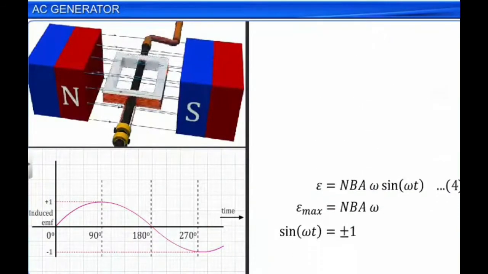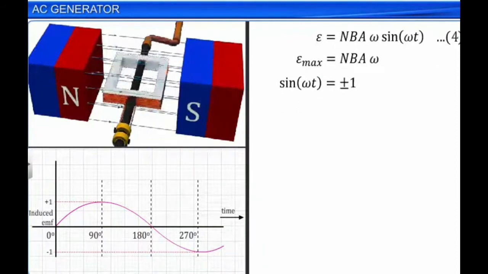So induced EMF changes its direction as per the value of omega t, which means that the induced EMF and induced current are changing direction at regular intervals. That is why the current produced in this generator is called as alternating current and the generator is known as AC generator. The induced EMF and hence the induced current is maximum at theta equal to 90 degree and 270 degree because of the fact that at these two positions the change in magnetic flux linked with the coil is